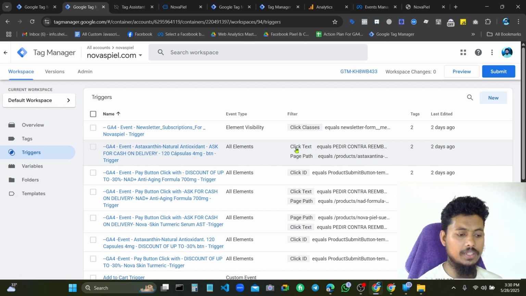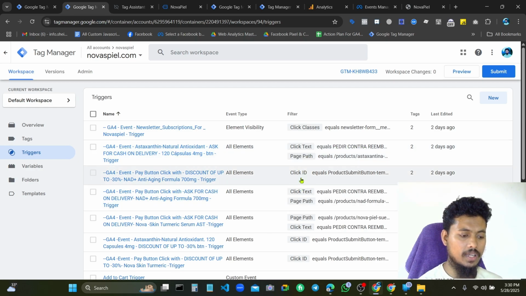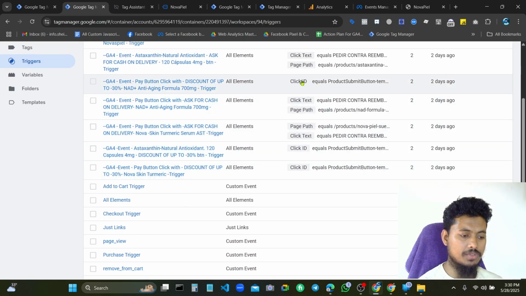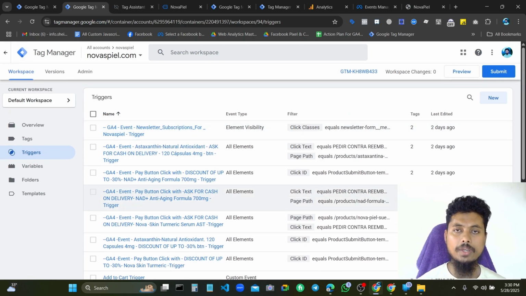I have already used this click text, page path, and you can see the most used click ID. When I use all element triggers, I get data from click events, every click event, for where I want to click, or I want to get data in click related variables.